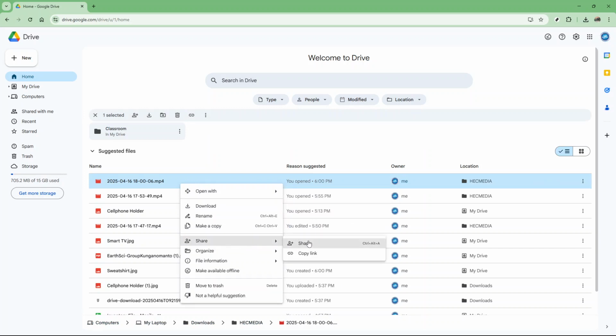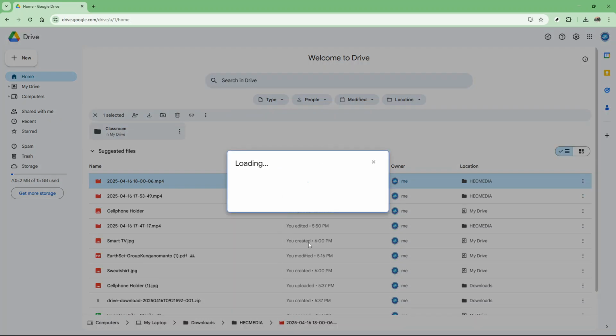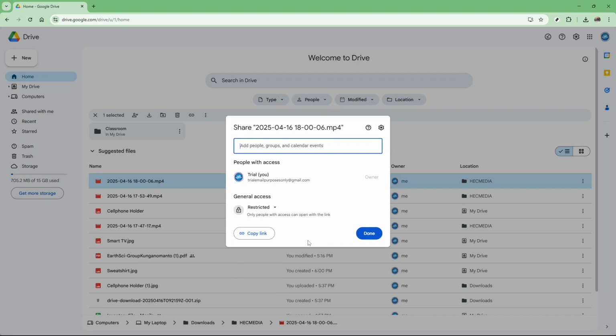Here, you'll have two main options to share your image. First, you can directly enter the email addresses of those you wish to share the picture with. Or if you prefer, you can create a shareable link which you can easily copy and send through your preferred